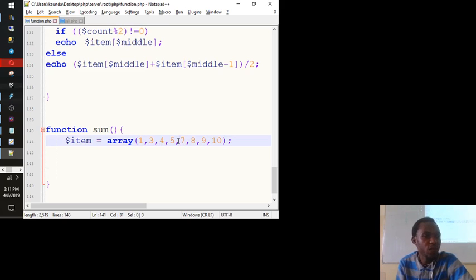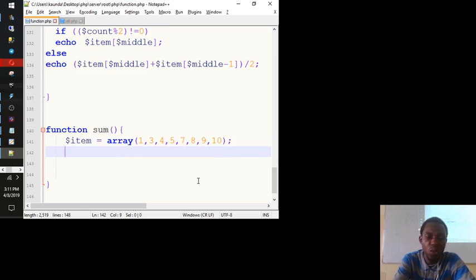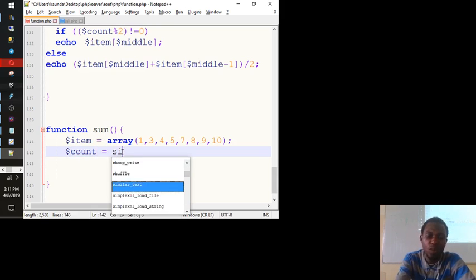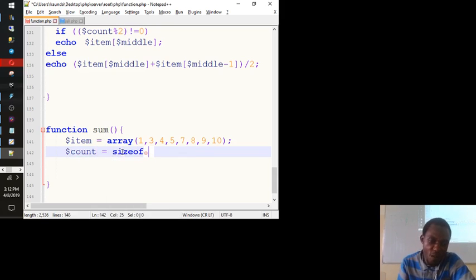Are we okay? You are using for because you know where you have to end. That's why we are using for. So let's get the array length, or the items in an array. So I'm calling it count, which will be size of